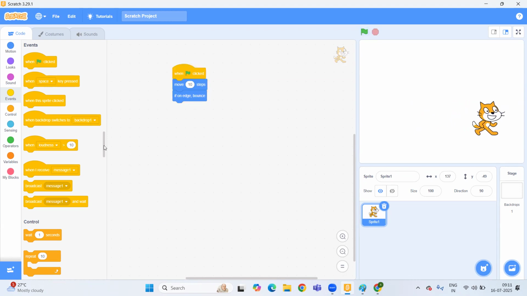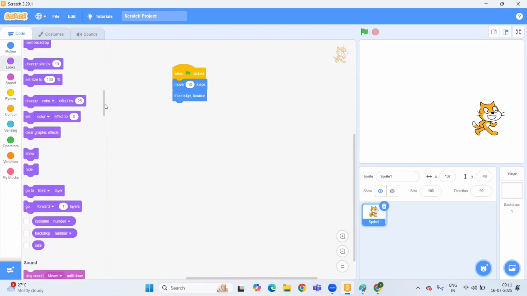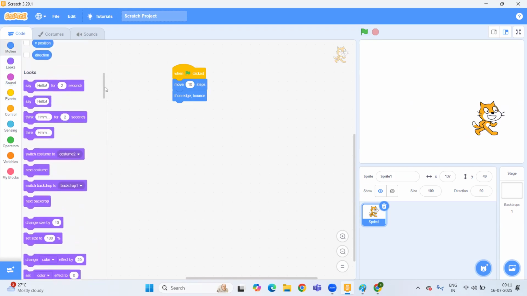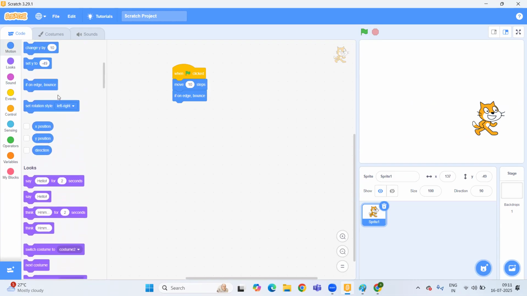We have one more thing, that is set rotation style. Here it is. You can just choose left-right or all around, whatever you want. Now we will check the result. Now you can see it's fine, right? It's better than the last one.